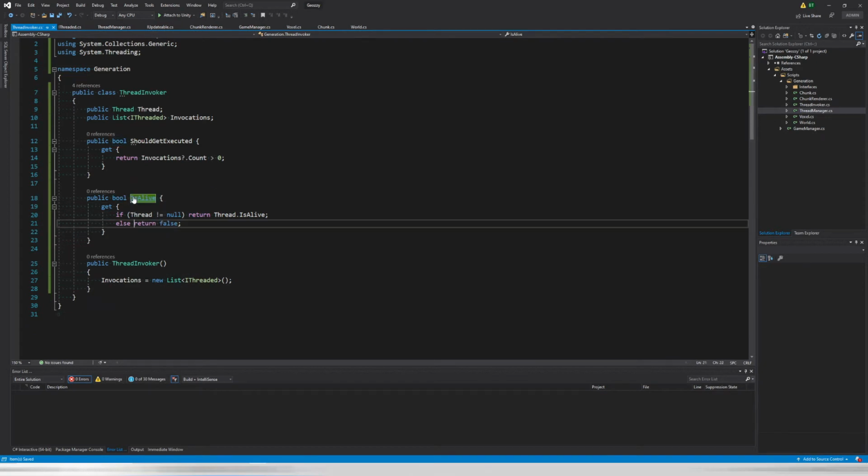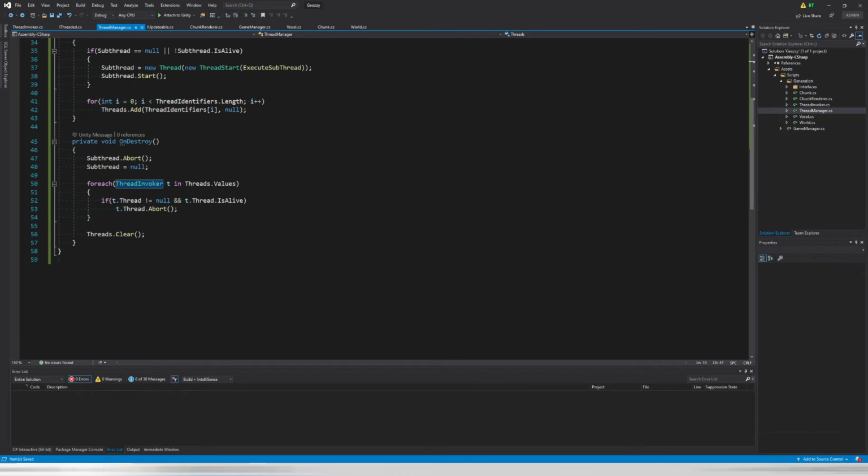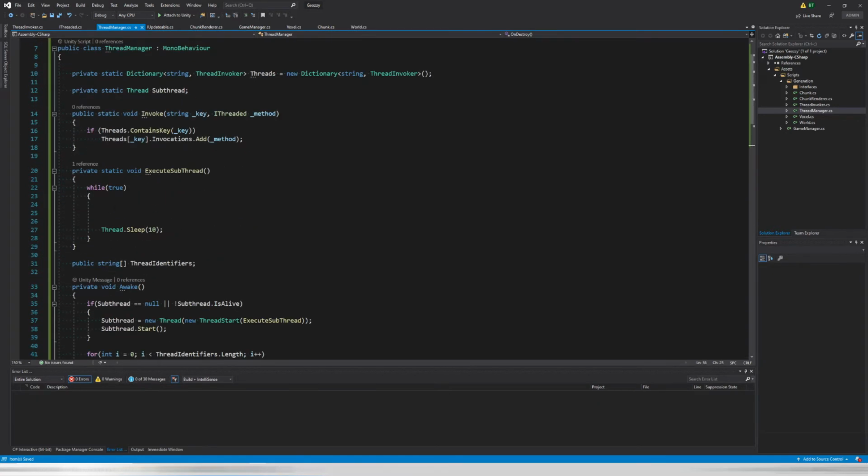And now this IsAlive can also be used in order to check if we should actually dispose it here. So we don't have to do this, but we do t.IsAlive. And now we can abort it here as well. Because this is important, in here we need to check if we need to execute something on that thread. So we get a foreach here, key value pair, with this string, but we really don't care about the string, do we? So we do a foreach